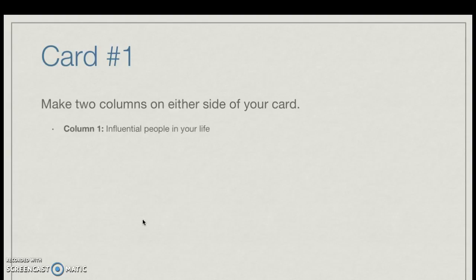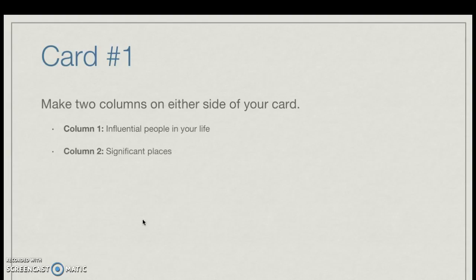In column one, I'm going to ask you to make a whole list of influential people in your life. These are influential people in good ways, influential people in bad ways. It could be family members, friends, colleagues, people that have come in and out of your life, people that might have been bad influences, or people who have changed your life in bad ways, people who have changed your life in really great ways. And I would like for you just to take 2 minutes or so and fill up that column.